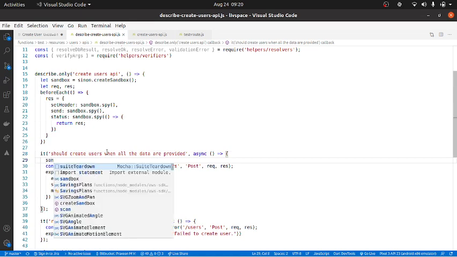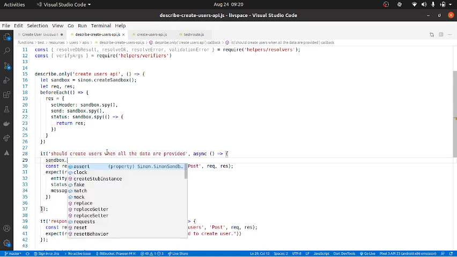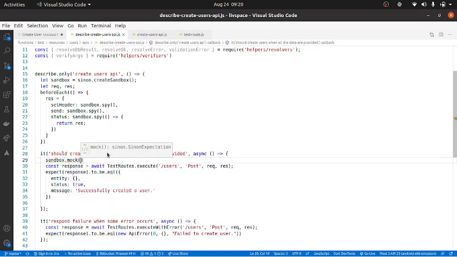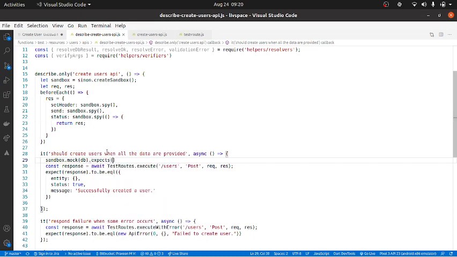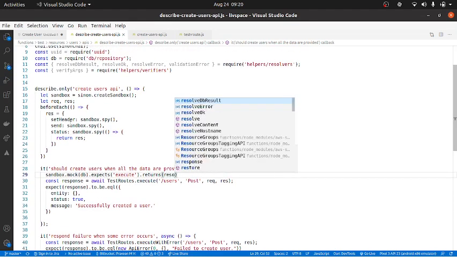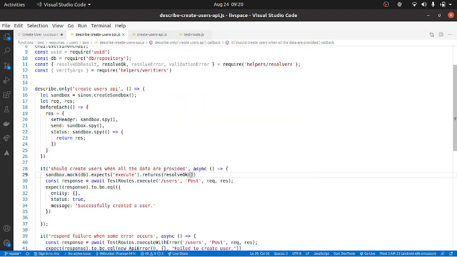So sandbox.mock DB, and expects, what is the thing, execute.returns resolve OK, and I'll basically get the created user.